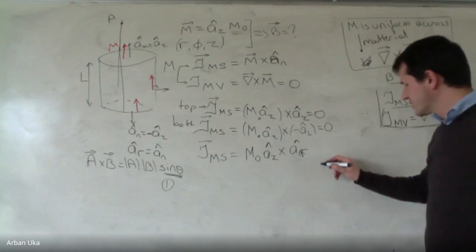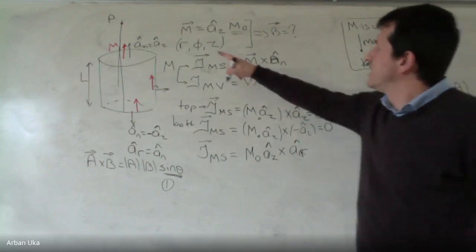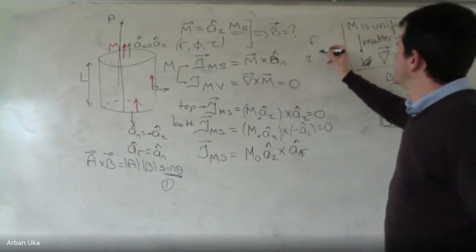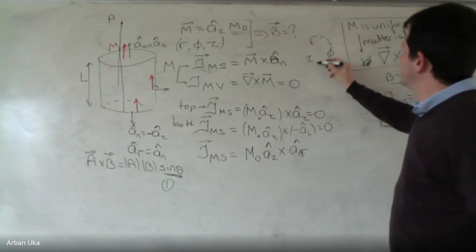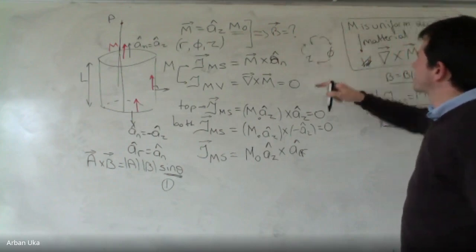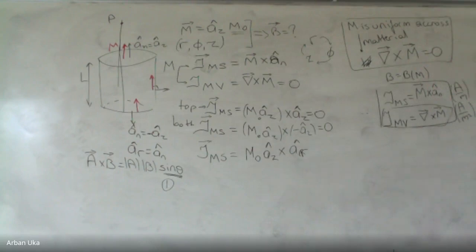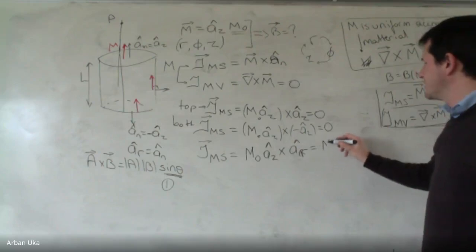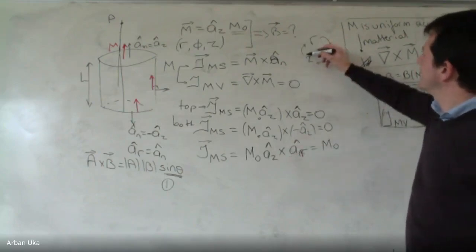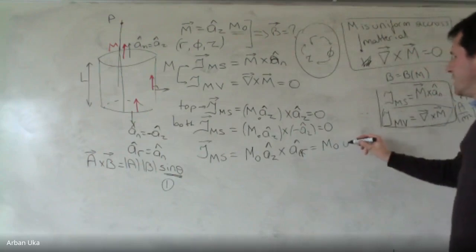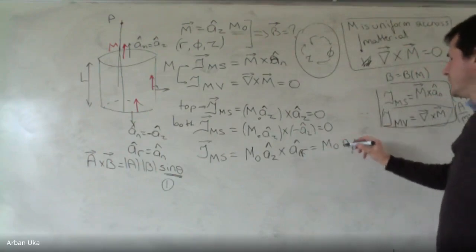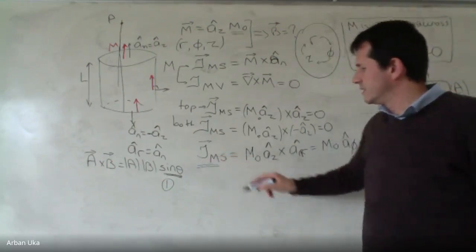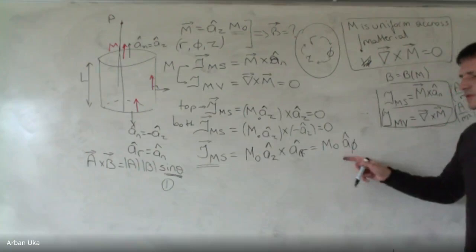I often forget this, but the coordinates are r, phi, z. And we know that if we follow the clockwise direction, we get, so here we have AZ cross AR, so the result will be M0 AZ cross AR. If we look here, we get A phi. So it looks like the current density on the surface of this cylinder shape will be M0 times A phi,